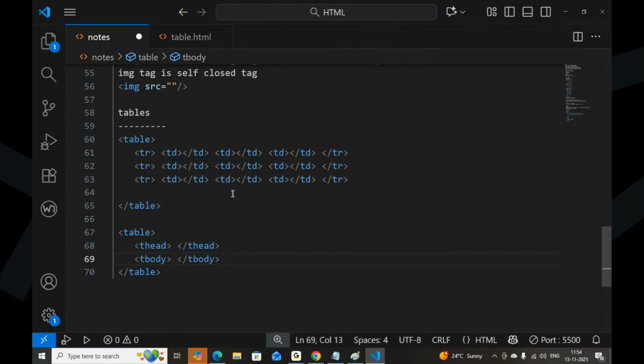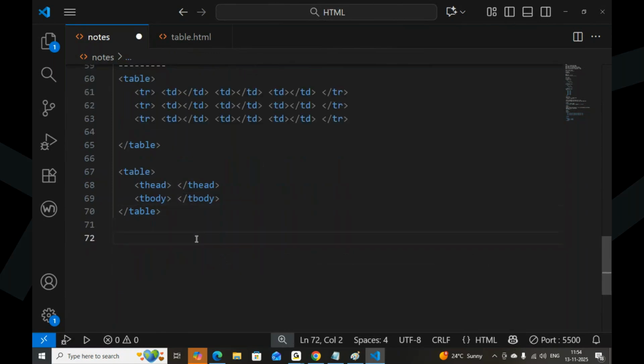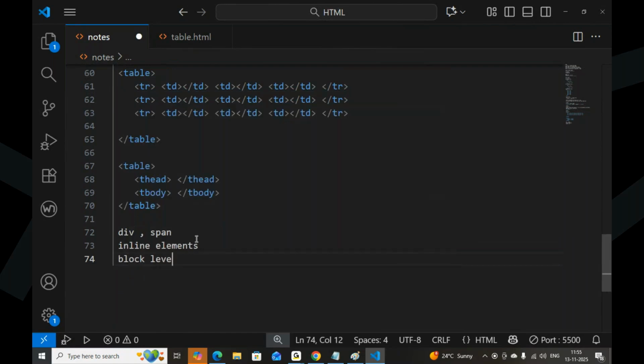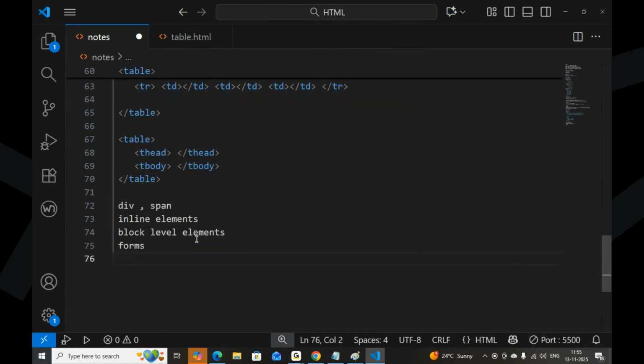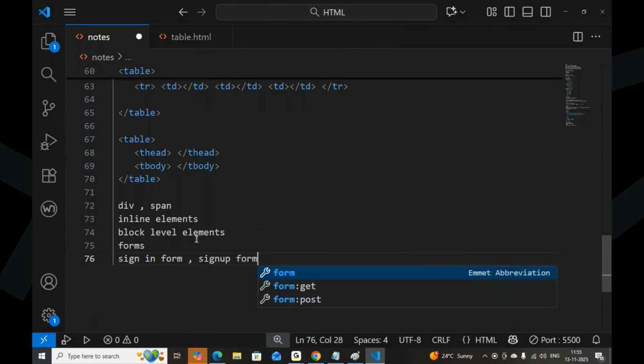Okay, in the coming class we will discuss div and span, what inline elements and block level elements are, and how to create forms: sign-in form, sign-up form, registration form, all these things.